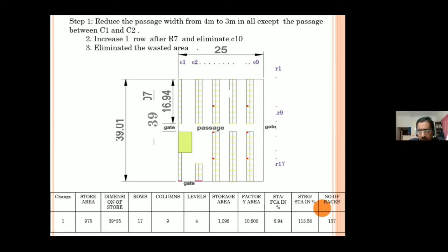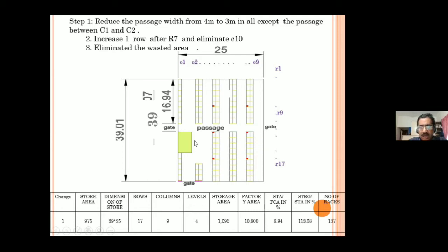And at the last, you add one column which we removed. So the first step, we narrow this passage to 3.1 meter instead of 4 meter, and we increase the number of rows from 16 to 17, and we decrease the number of columns from 10 to 9.